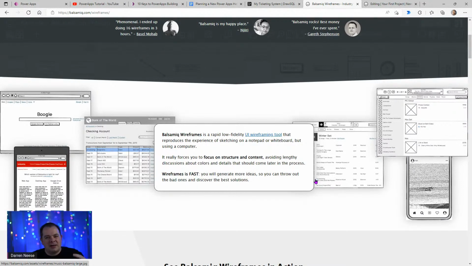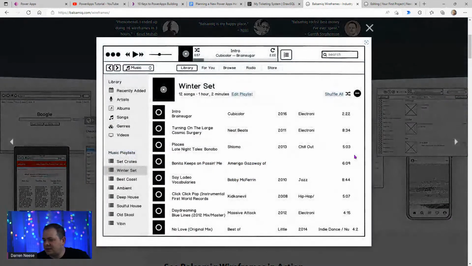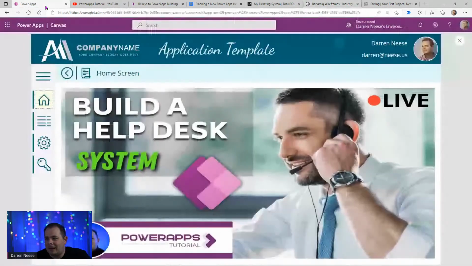So it's not a high level of perceived value if you just give them an exact duplicate of what they have. So anyway, when you give them visuals like this, they start to say, wow, okay, yeah, could we add a button up there? And if you did it in a tool like Balsamiq or some other, there's all kinds of wireframing tools. There is one called Figma, and that is a system. If you open up PowerApps, let me